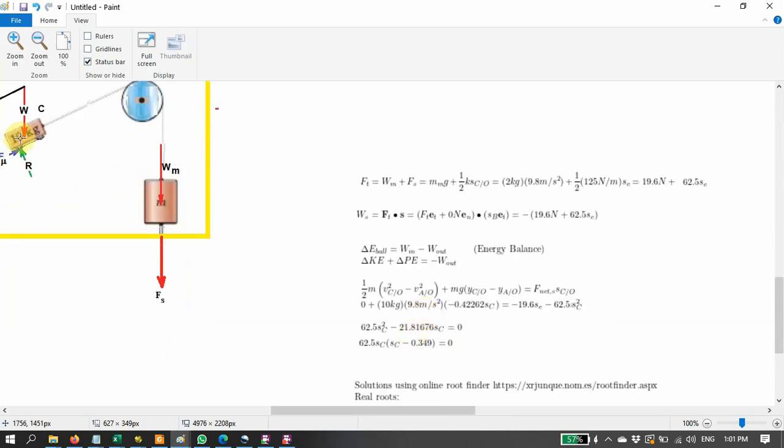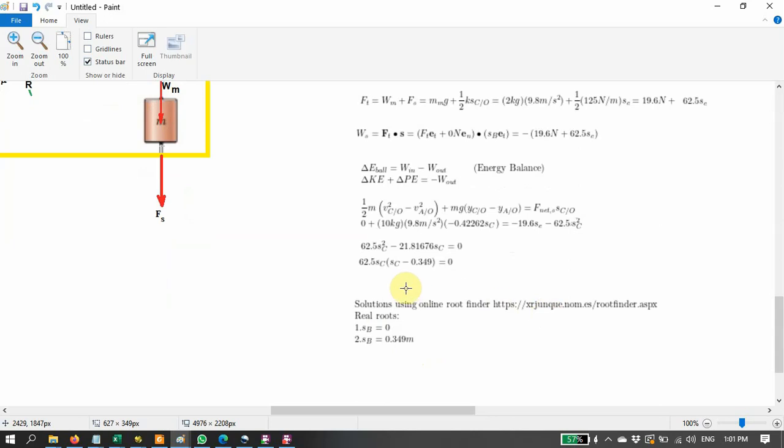Work done by the body to the surroundings. So from here we can reduce the equation. So we find that the same quadratic equation appears in this problem, and we can get the solution of the distance travelled as SC equal to